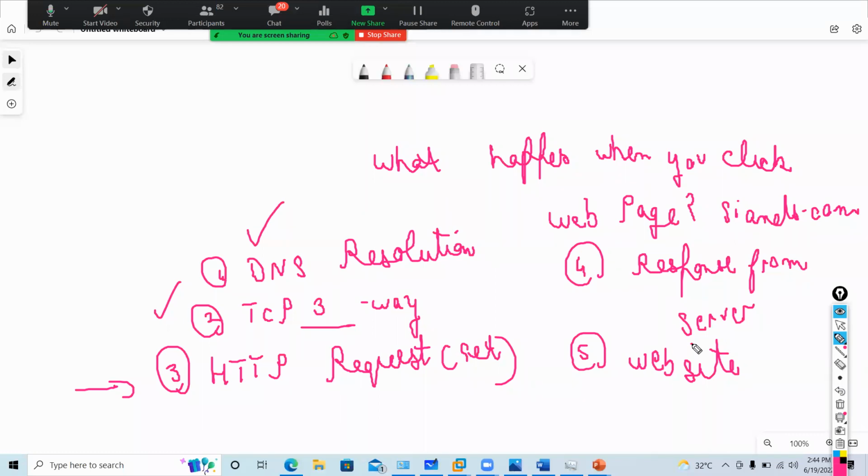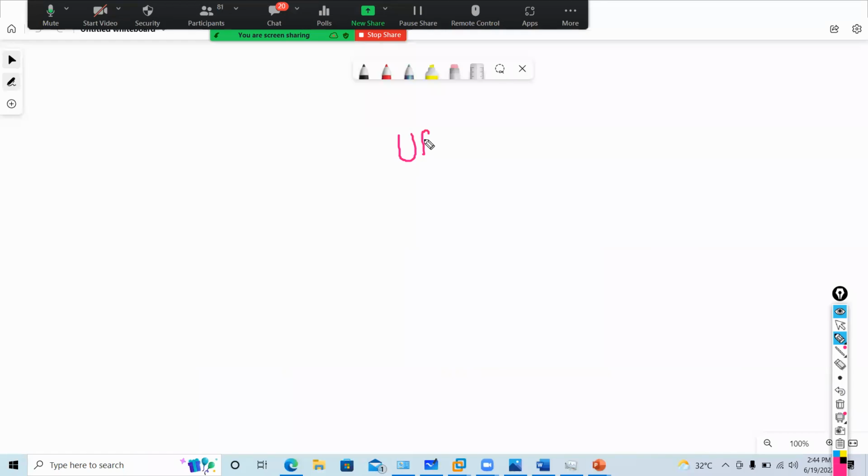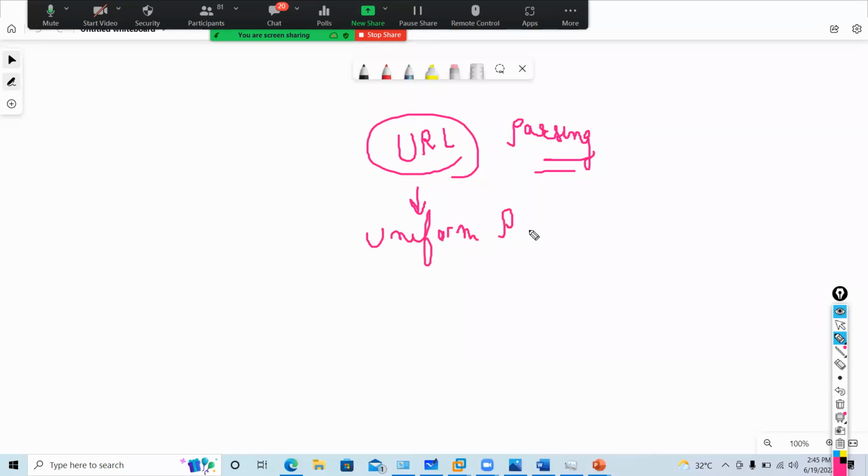A very, very important term that comes into the picture is URL. What is URL? So you will understand how to parse. First of all, you need to understand what is URL. URL is called Uniform Resource Locator. What does it mean, guys?